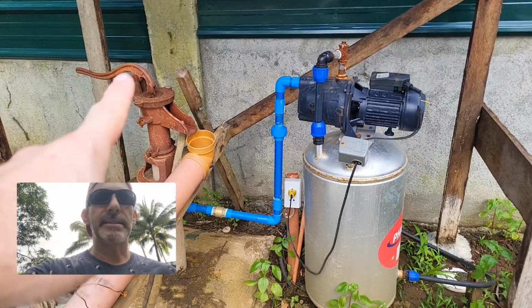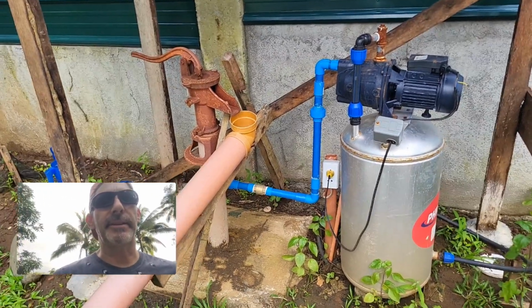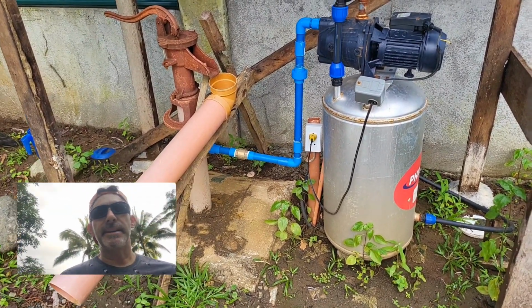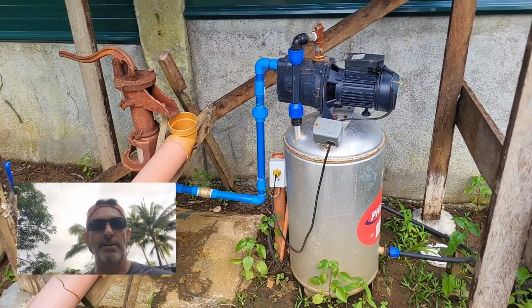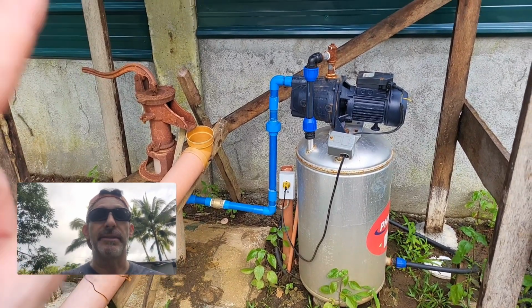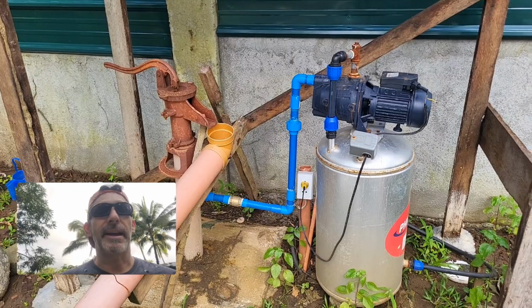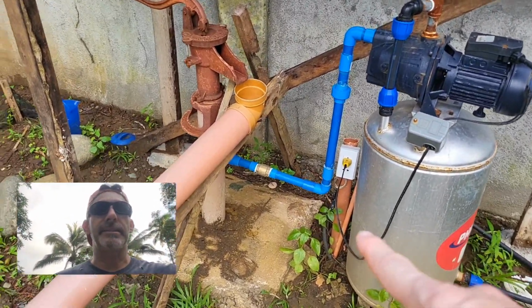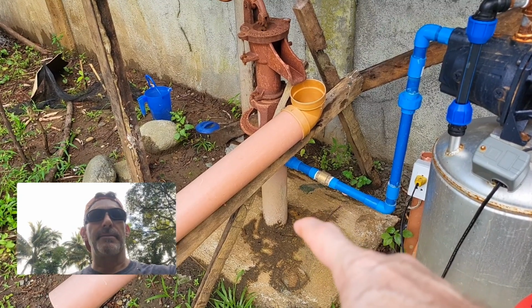So what we have is the existing pitcher pump, and then the electric pump has been added onto it for sake of convenience, but electric is awful here, and you have power outages all the time. It's sometimes every day. So we're leaving the pitcher pump as a backup, but like I said, couldn't find a diagram. So essentially what you have is your well is coming here, and at the bottom of the well there